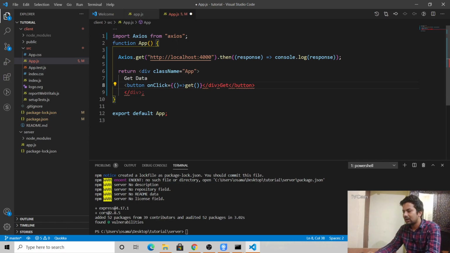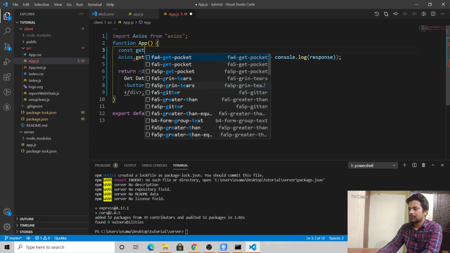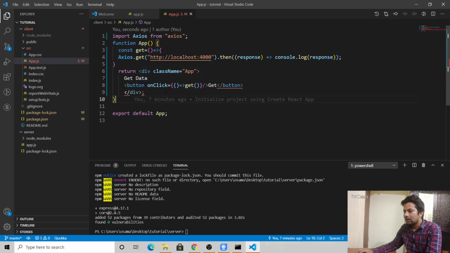What's happened here? Oh, I took a div, how come a div came here? So we'll call onClick get, so we'll say const get, and we'll make an arrow function here like this, and save it.